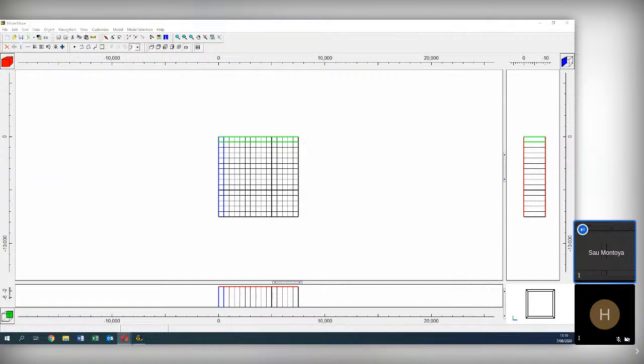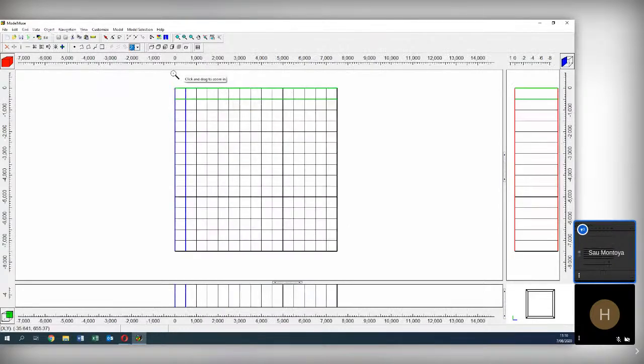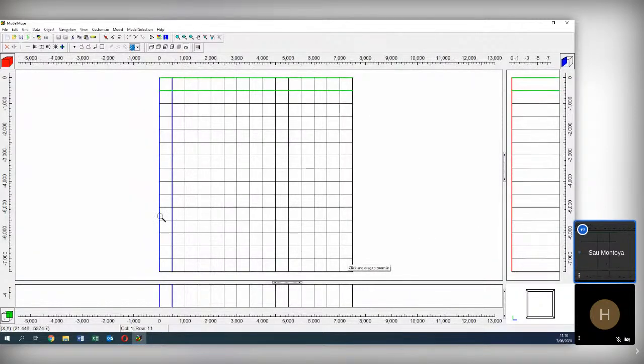So now we are going to work with the options for the grid. There are options in ModelMuse that are great if you want to define your own grid. Here I'm going to zoom on my grid. In this case we have few columns and rows because we want to play around. Well, first, what is this option? This option is to delete separations. How does it work?